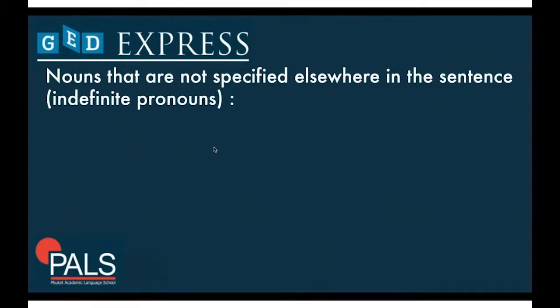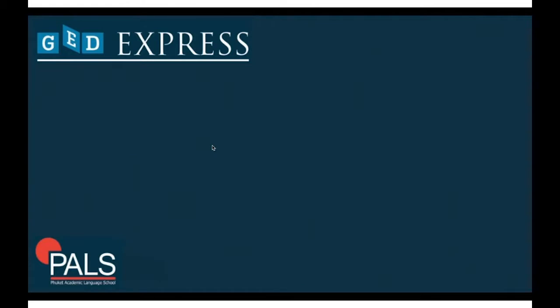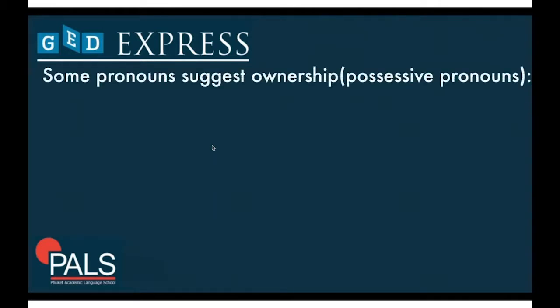elsewhere in the sentence. They are also called indefinite pronouns. So, anyone, each, many, everybody, one, others, no one, both, and anything and nothing are what we call indefinite pronouns. Alright, some pronouns suggest ownership, and they're called possessive pronouns, and those are yours, his, hers, mine, theirs,